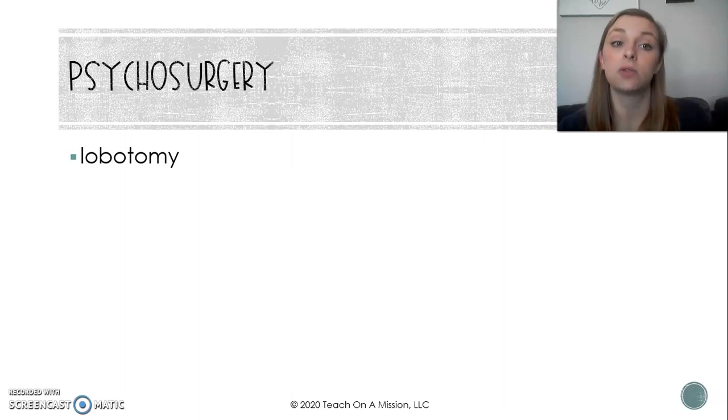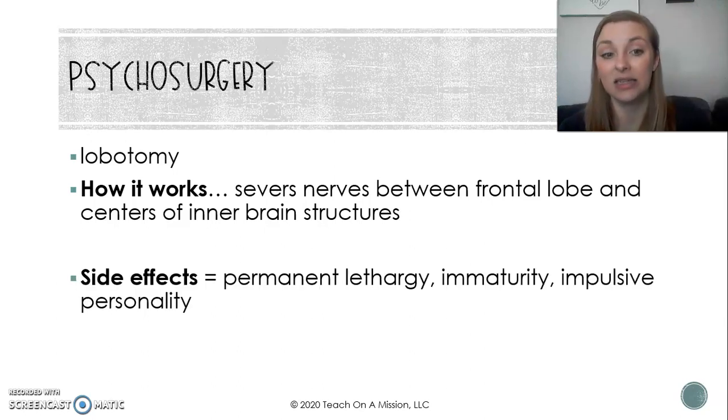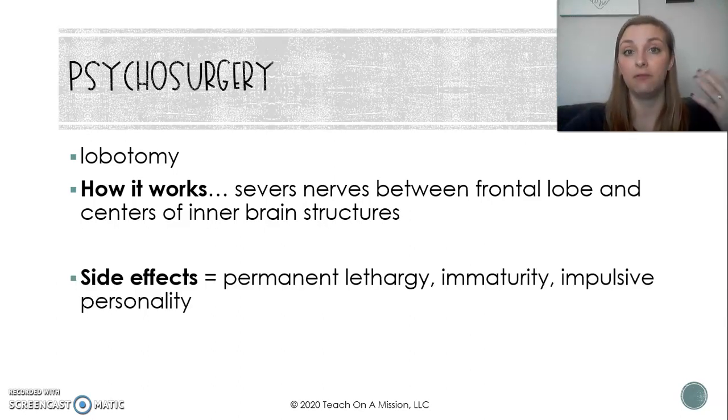And then finally, psychosurgery. So lobotomies are still done today. And basically what they do is they sever the nerves between the frontal lobe and the centers of the inner brain. And it's going to kind of keep those pathways from happening. And so the frontal lobe, where someone might have a lot of that impulse control and judgment, if someone lacks that ability, if we sever those structures,